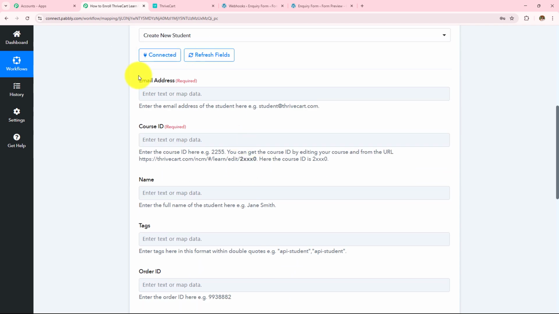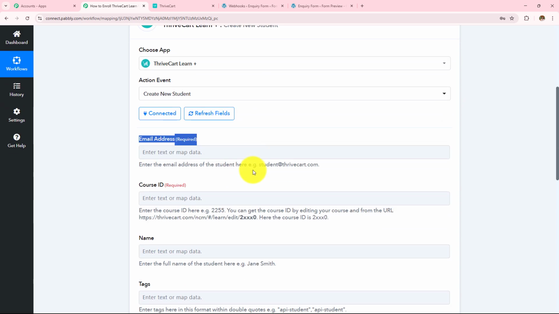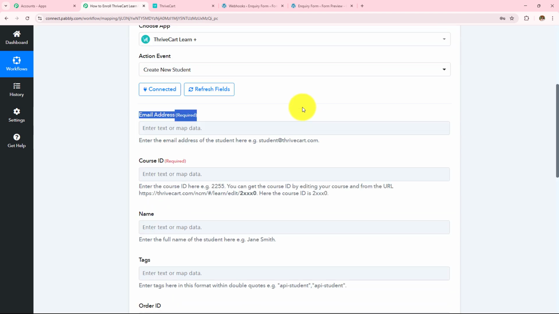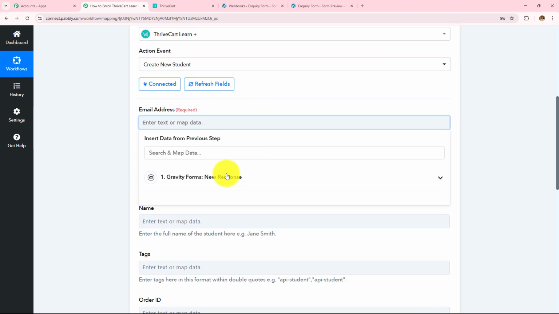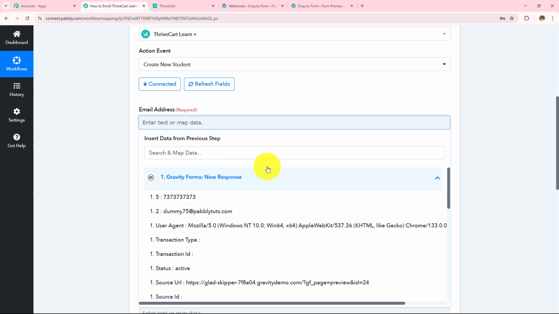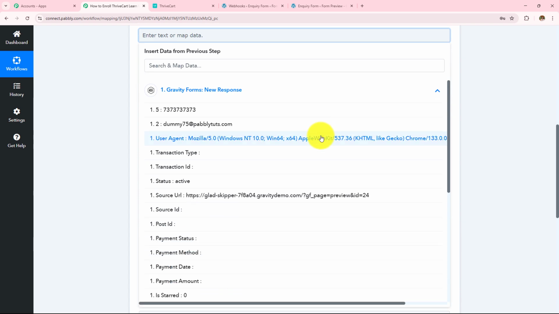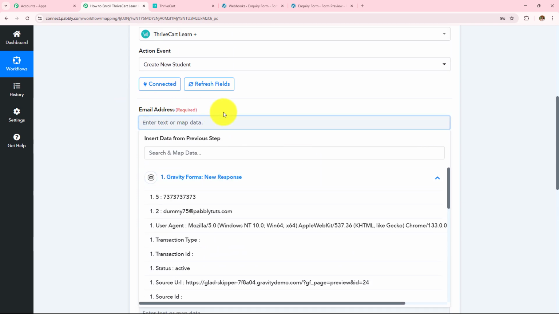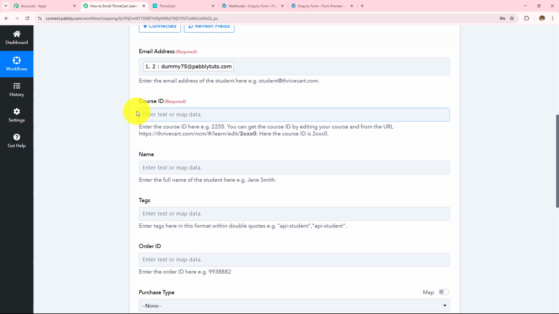details. So first I need to enter the email address. Now I'm not going to enter these details manually. Instead I'm going to use a method called mapping, which means I'm going to enter data from my previous response. Now here I have received the response from Gravity Forms, and when I click on any of these fields I can see this Gravity Forms, and when I click on this I can see all the response that I have received from there. Here I need to enter the email address, and the email address that we have received in the response is